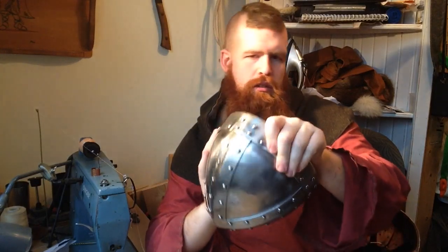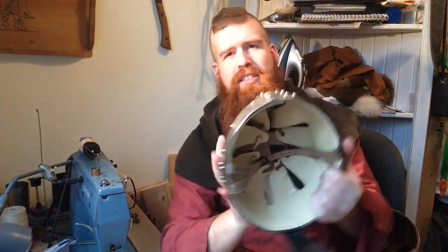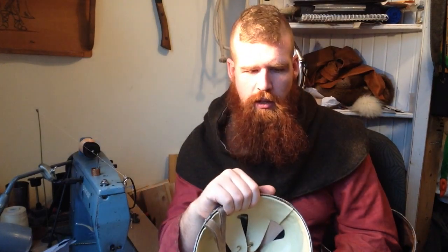Archer's helm. This one actually, I don't feel any rivets around the outside except for maybe the two here holding it in. So it's actually just glued in the helmet. I don't particularly like that because if you have to do any modifications to any piece of it, or you want to drill out certain things to rivet on the pegs to put in an Aventail, you'll have to then re-glue that in. If you buy this, I would recommend doing that modification that I did in one of my